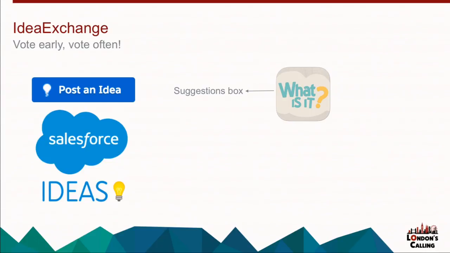Essentially, in very simple terms, it's a suggestions box. It's somewhere you can go to make suggestions on a new feature, a potential improvement, something you want to see changed. And you can go not just to post your own ideas, but very importantly to comment and vote on the ideas of others. And we'll come on to the concept of voting in a little while. So that means if there's a particular idea you have, you can add your weight to that discussion without needing to cause duplicates.